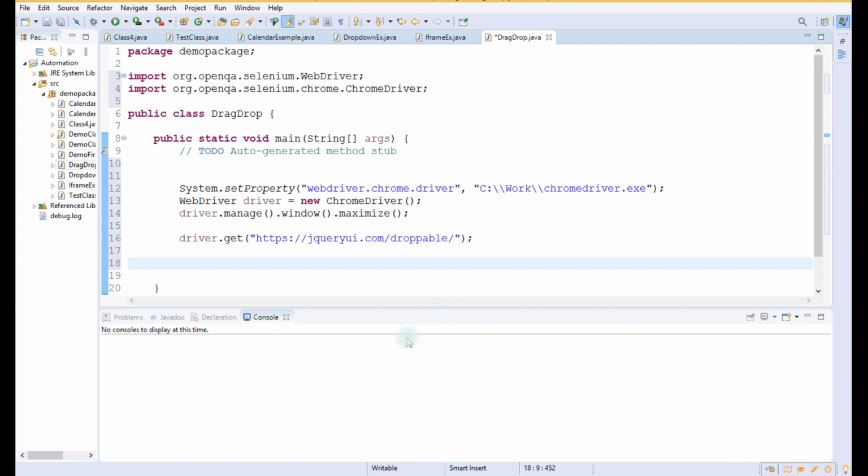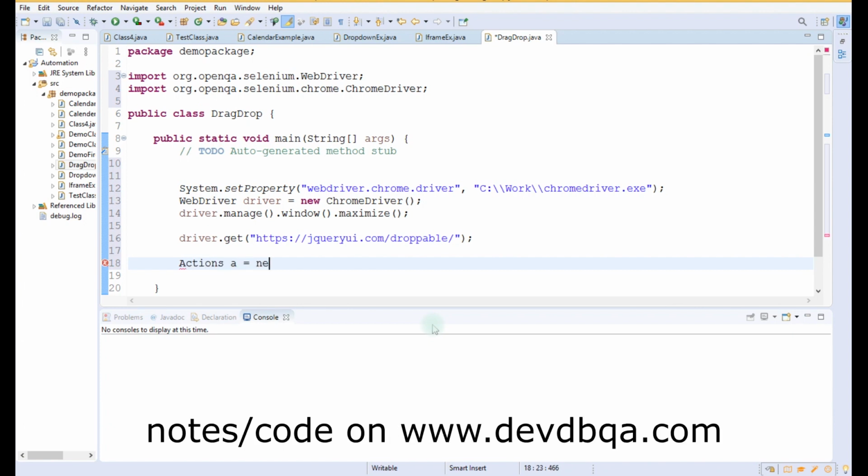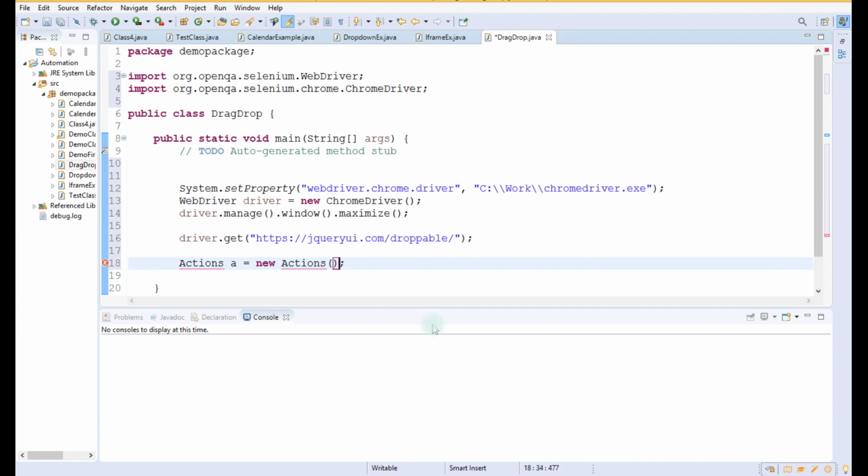As I have told you, we have to create an object of the Actions class for drag and drop functionality. For that we have to write Actions a = new Actions, and in the argument we have to pass the driver. This will make a new object of the Actions class, right?